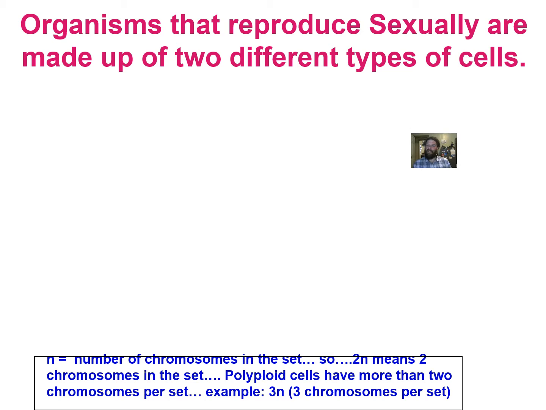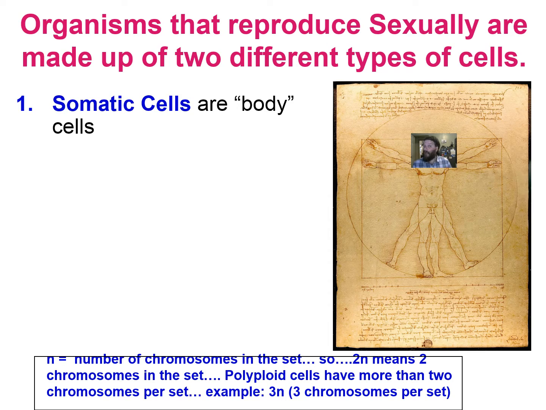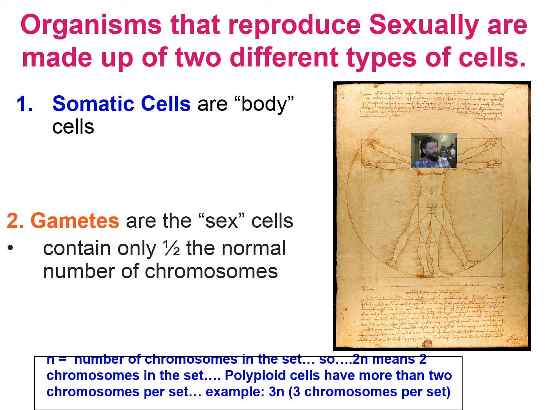This means that we can categorize our cells into two broad categories. We have our body cells, those somatic cells that you find all over your body, and they all have the same set of genes. All of our somatic cells have all the same genetic material. The difference from one specialized cell to another is which genes are turned on and which ones are turned off. Now, our gametes are different from this. These are the sex cells. These are the ones that are going to fuse, and they contain half of the chromosomes of a somatic cell.